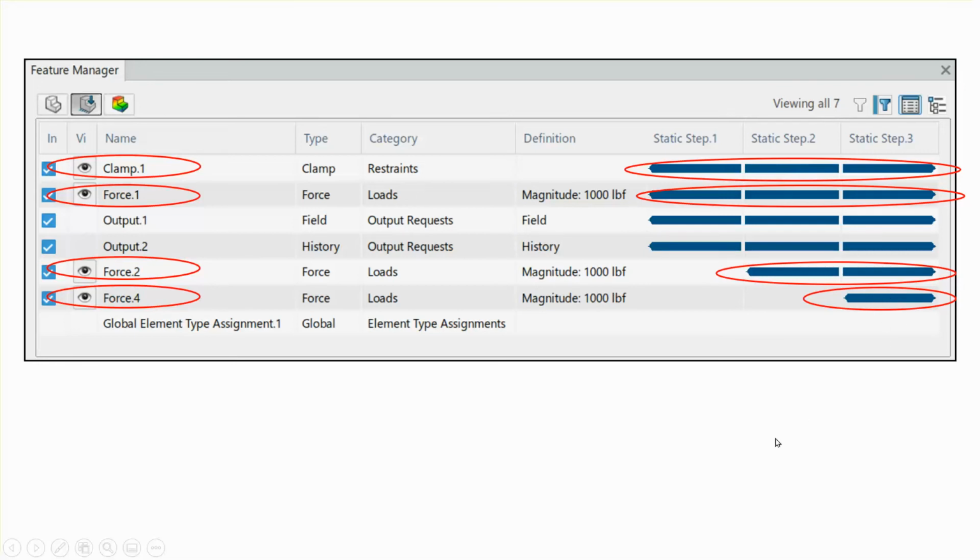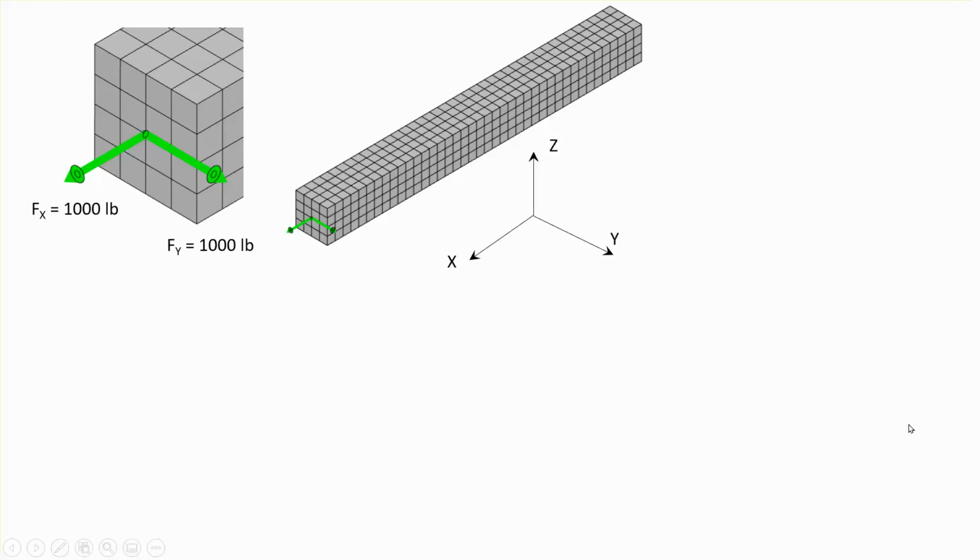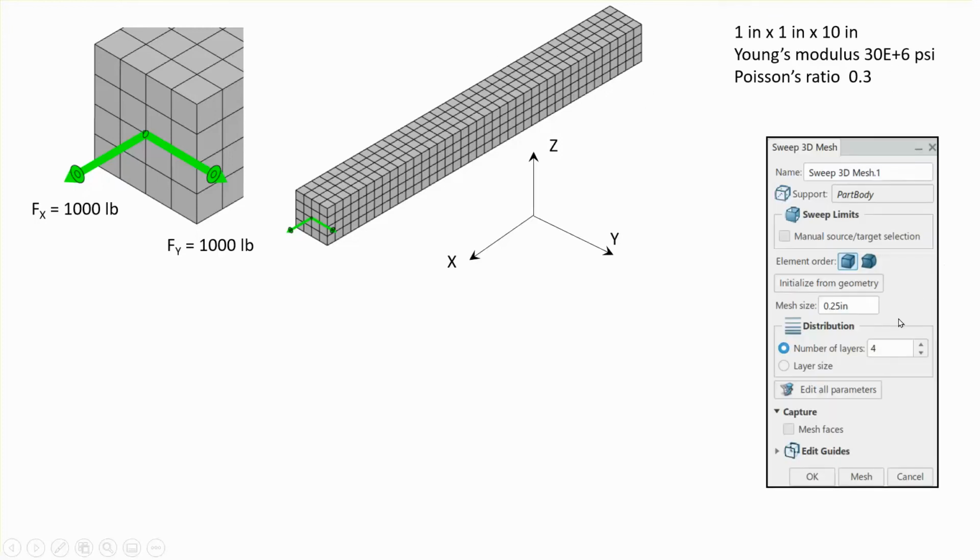Okay. Now, I want to do this in the context of an example where we can actually see how things work. For example, I'm looking at a bar, a cantilever clamped at this end. I didn't mention that here in the slide, but it's clamped at this end and it's subjected to two loads, an axial load in the x direction and a bending load in the y direction. The material is assumed to be 1 inch by 1 inch, 10 inches long, standard properties of steel, and I'm going to be using